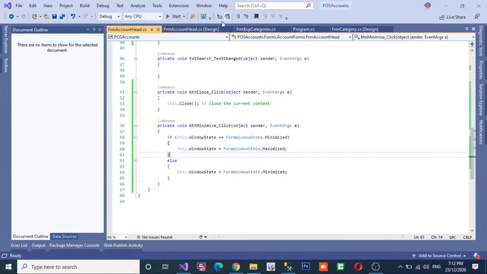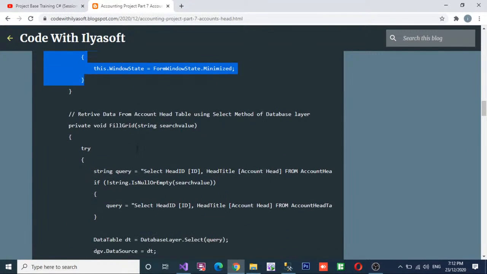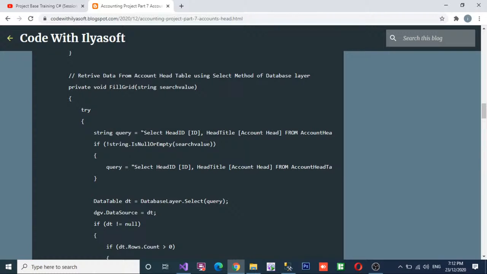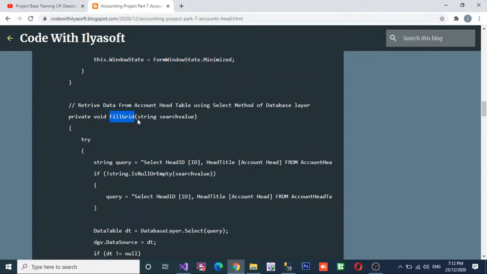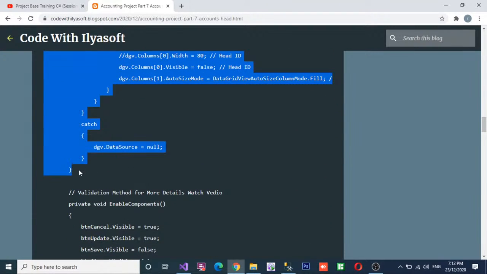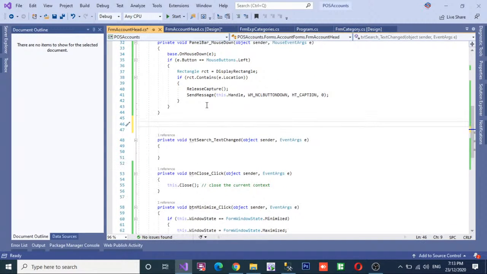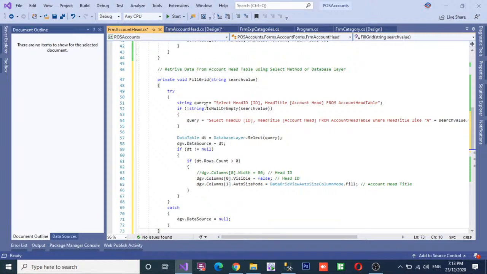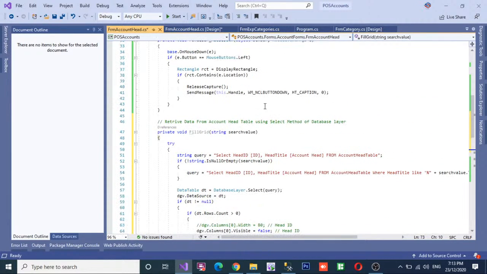So now close the form and go to the blog. Okay, so copy this, scroll down and copy the fill grid method from this blog and paste below the search, above the txt search text change event. So here you see, this is the query which retrieves all records from the account head table,